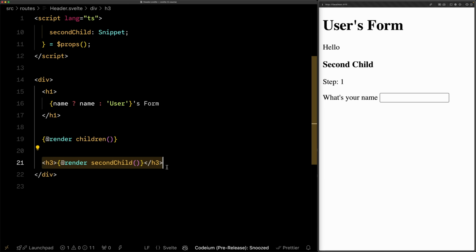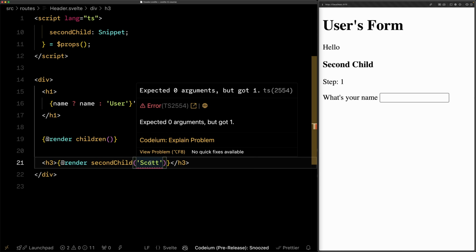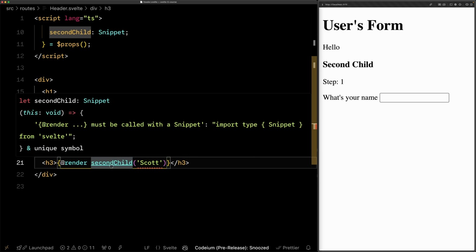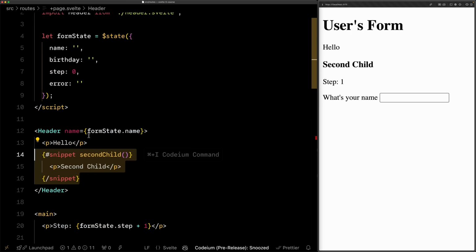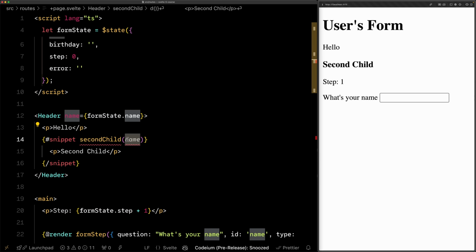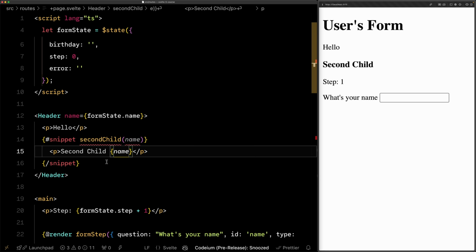And again, what's neat about this is that you can pass information upwards. So the second child's name is, and I'll say Scott. I am a second child, so I'll just say Scott is the value that we're passing in here. And then we can head to second child itself. And believe it or not, you have access to this value now. Second child name